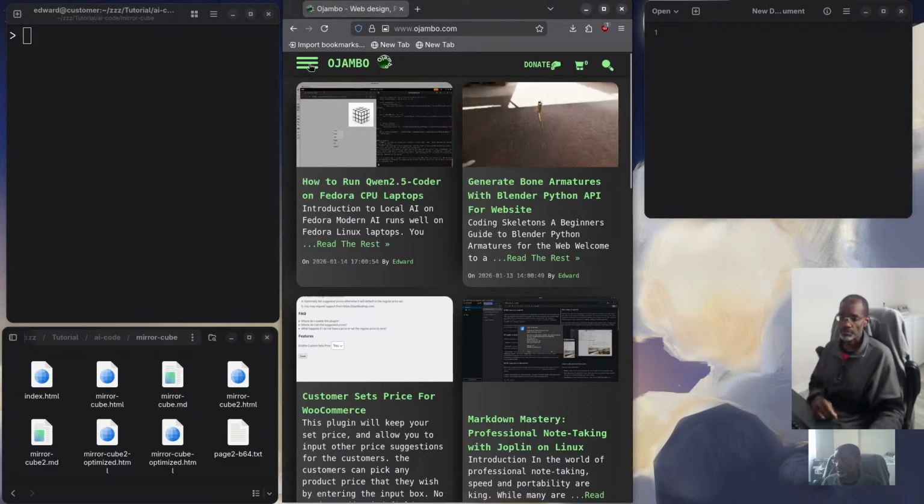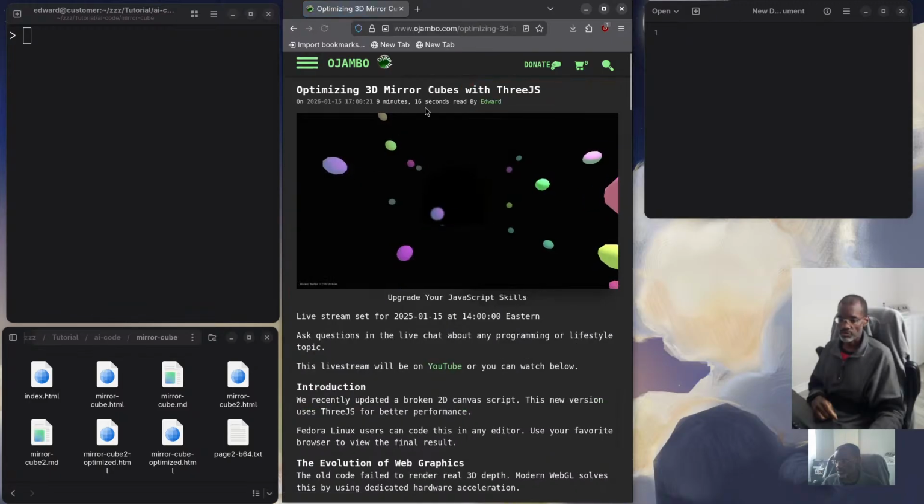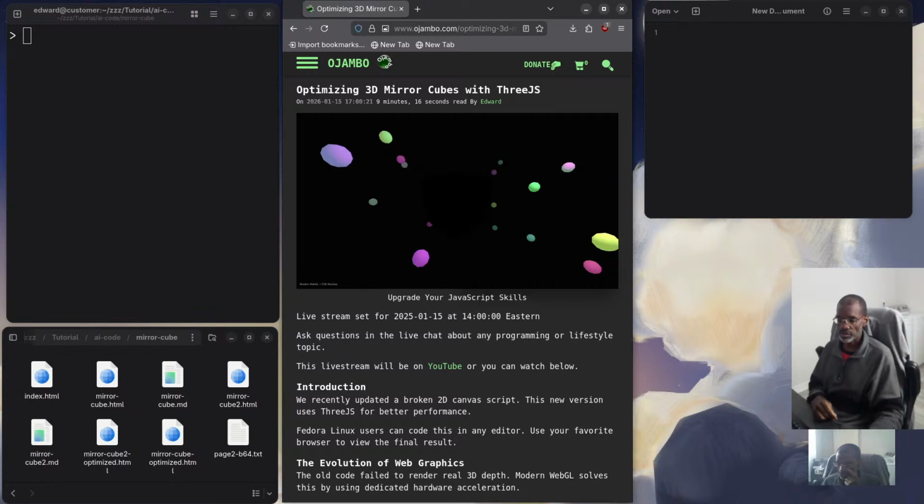Okay, so basically we get started here, and this is the topic for today's tutorial. You see it says optimizing 3D